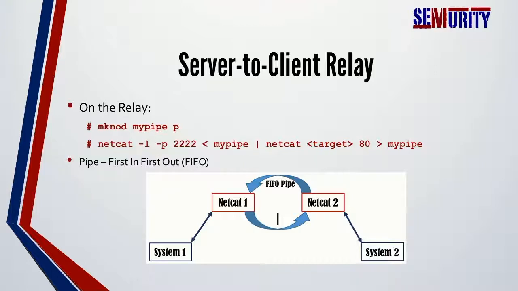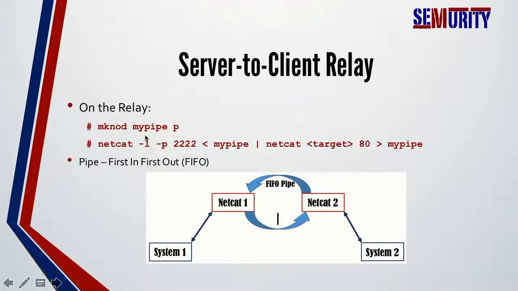So we will type mknod in the beginning, and then we will give a name to the pipe we are creating. This could be an arbitrary name, whatever you like: my pipe, pipe 2, pipe file. And then you have to specify the type of the node we are interested in creating. Since we are creating a FIFO pipe, we specify this with the letter P. There are other letters that denote different special types.